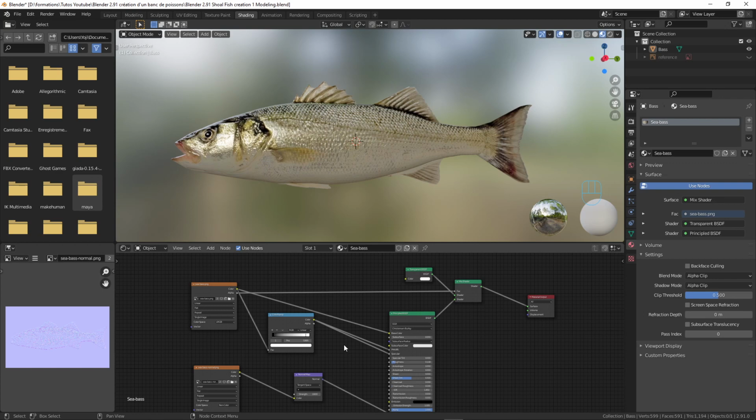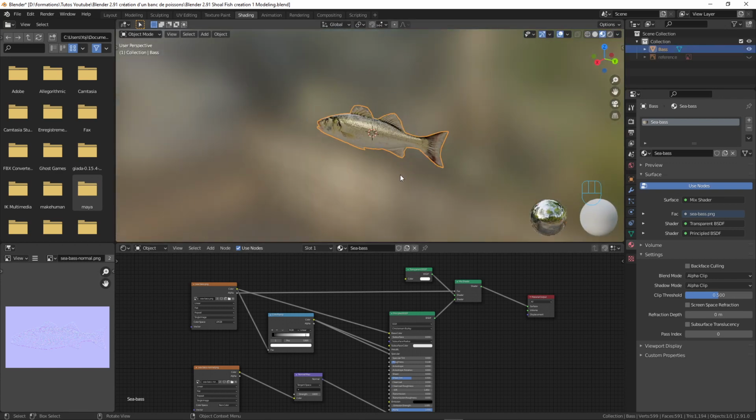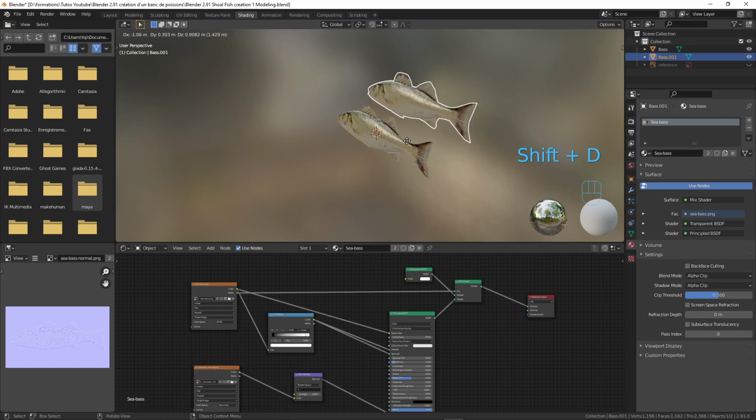What we would like to do is create a random color by duplicating the model, because we will duplicate this model a lot. It's not really a duplication, but it will be duplicated by the particle system afterwards. As we will create a lot of fishes, like 2,000 fishes to make the shoal, we would like, when I duplicate this model,